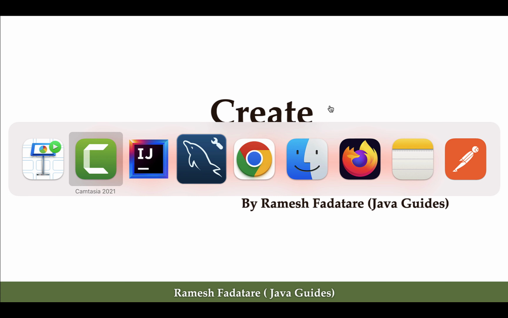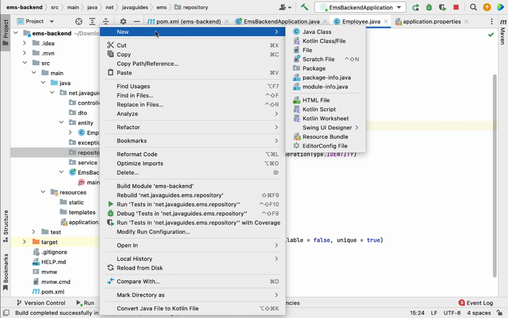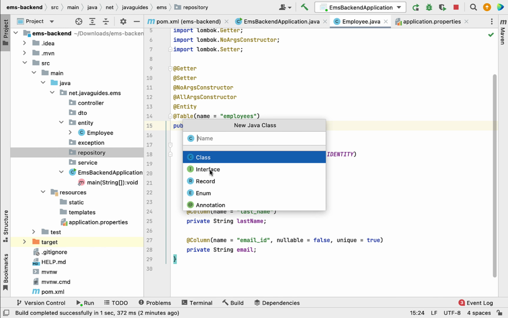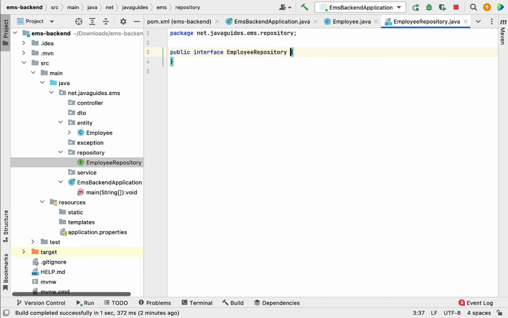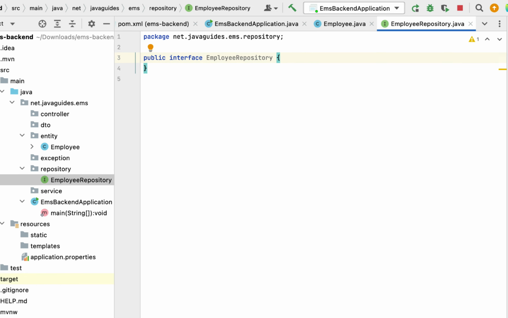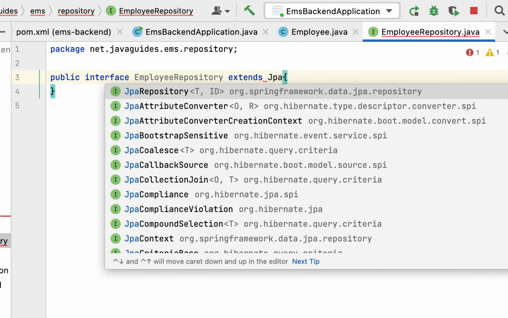So let's go to our project in IntelliJ IDEA and go to the repository package over here. Right click on the repository package, new, and then choose Java class. Select interface. Let us give the interface name as EmployeeRepository. Next, let us extend this EmployeeRepository interface from the JpaRepository interface and make sure that you choose the JpaRepository